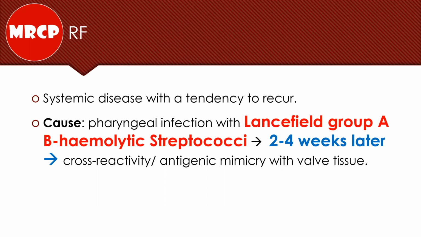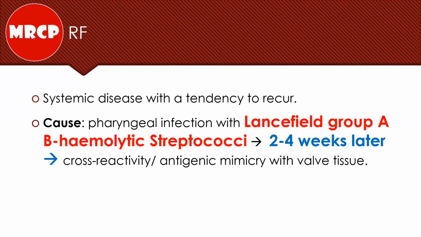And this latent period is the period that is required to develop cross-reactivity or antigenicity towards the valve tissue or various organ tissue. Okay. And I think, Dr. Anwar, that you have some idea about this issue. The idea is that the protein forming the cell wall of group A beta hemolytic streptococci carries the same antigenic properties of the valve tissue and other organs affected by rheumatic fever.